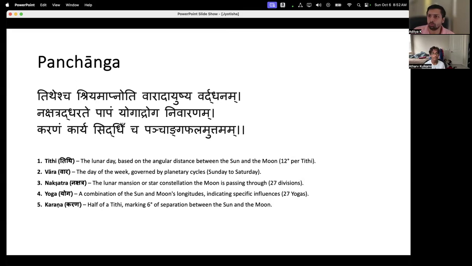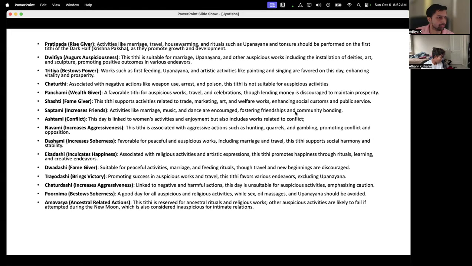What our ancients have said is, for every tithi, there are a set of things that are good for you. This is a big list. Don't bother too much with the list, but it should give you an idea: each tithi has a certain character, just like each person has a certain character. So there are some things which are very easily done on specific tithis. For example, today is Chaturthi. Chaturthi is basically associated with Ganesha. The fourth tithi of the month, whether in the bright half or the dark half, is associated with Ganesha.